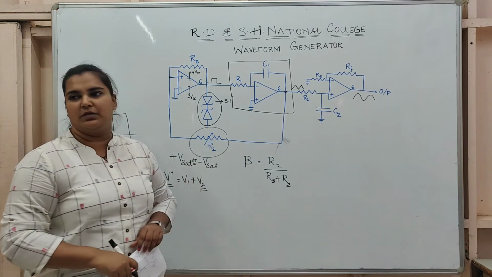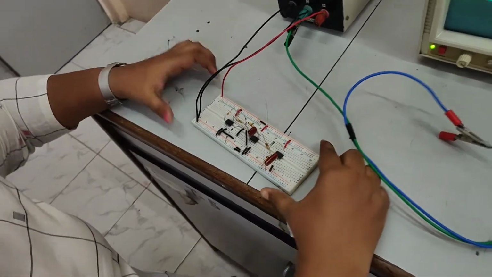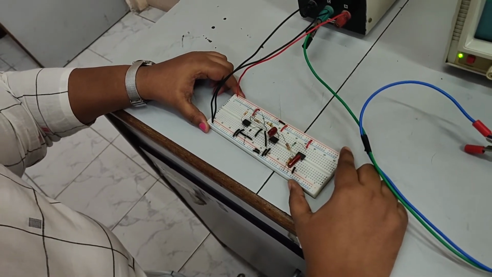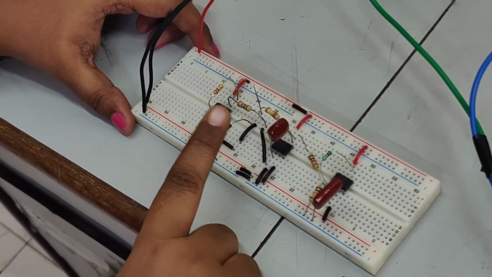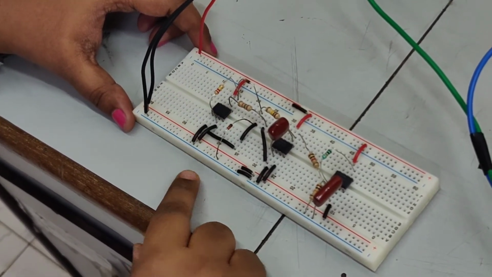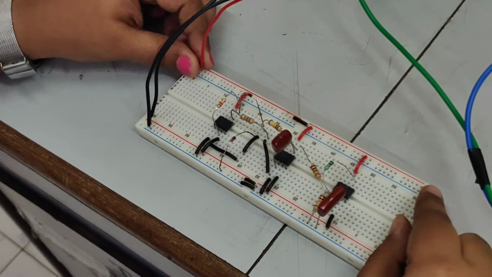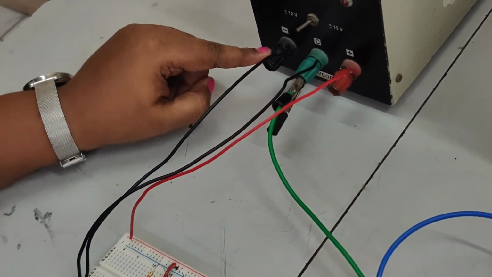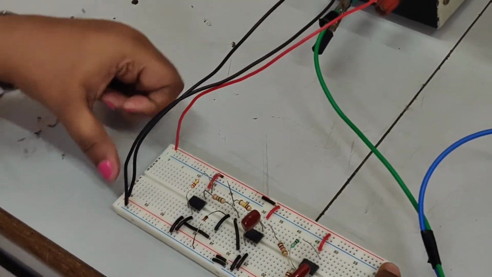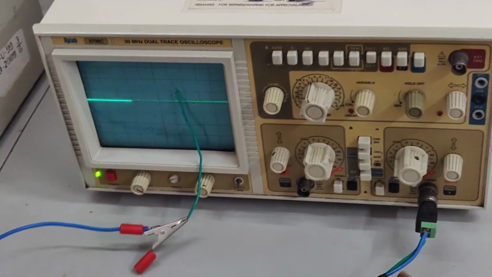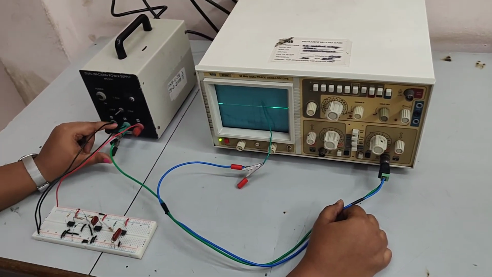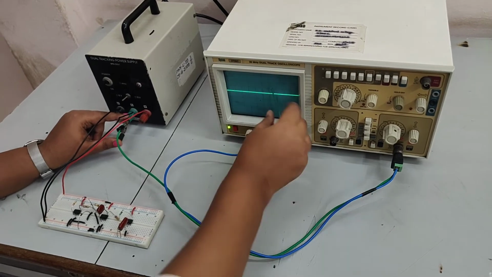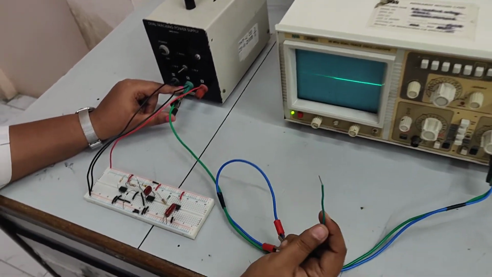Let's move to the experimental setup. Okay, so as you can see, this is the experimental setup. We've connected the 741s with all the resistors and capacitors as shown in the diagram before. I have connected this to the positive VCC, negative VCC and ground given here with the help of wires, and we have a CRO here where we'll check our waveforms. I'm using only one channel right now, and the ground is connected to the ground of the power supply, and this is where we'll check our output.